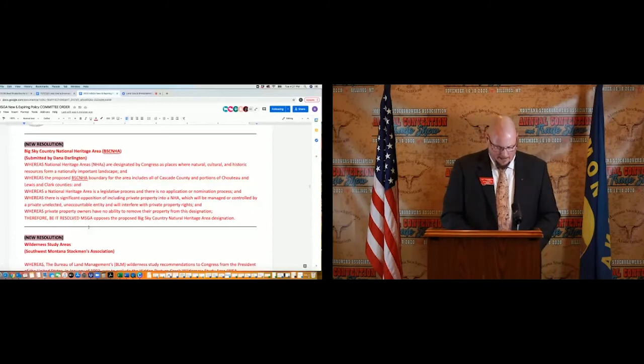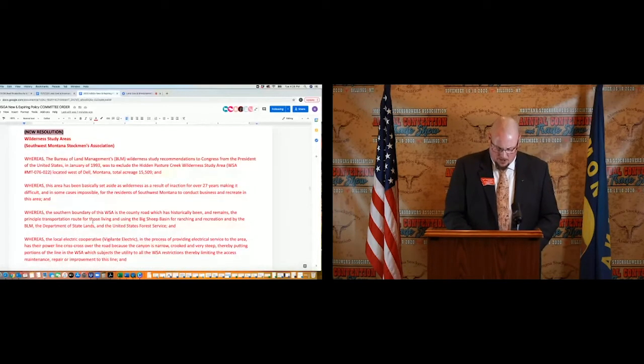It's quite lengthy. Whereas the Bureau of Land Management's wilderness study recommendations to Congress from the President of the United States in January of 1993 was to exclude the Hidden Pasture Creek Wilderness Study Area located west of Dell, Montana, total acreage of 15,509 acres. And whereas the area has been basically set aside as wilderness as a result of inaction for over 27 years, making it difficult and in some cases impossible for the residents of Southwest Montana to conduct business and recreate in